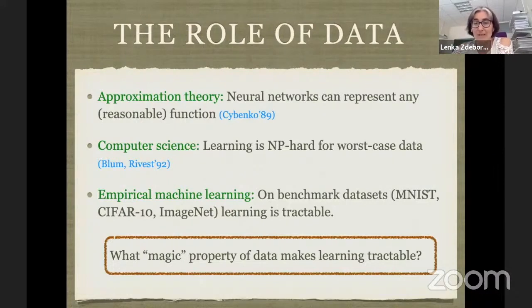But now when we look at the progress of machine learning in the last 20 years, on the empirical side, we see that on the benchmark data sets that we all have seen many times, learning is tractable. So the big open question is, what is the property of the data that makes learning tractable? Because for worst case data, it would not be tractable. So that's the question that I will not be yet fully answering today, but that's the main